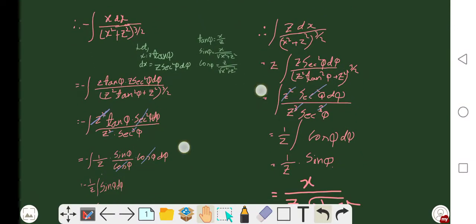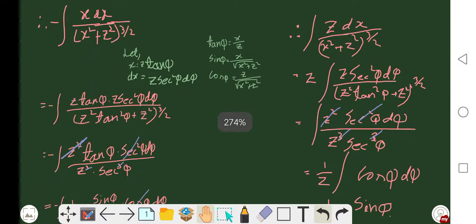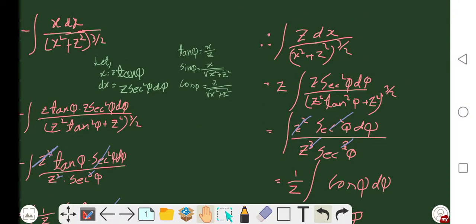Now we take x as z tan phi. So dx equals z sec square phi d phi,